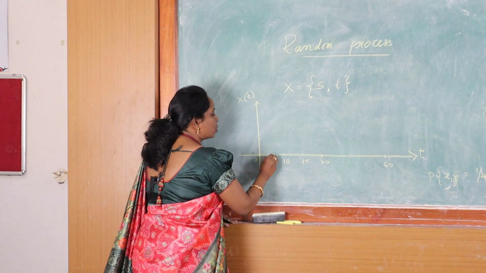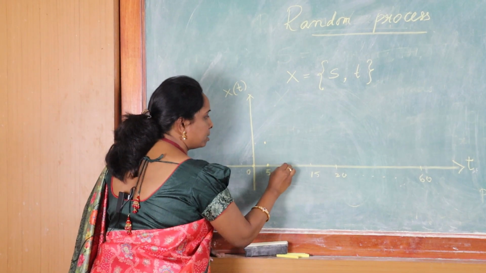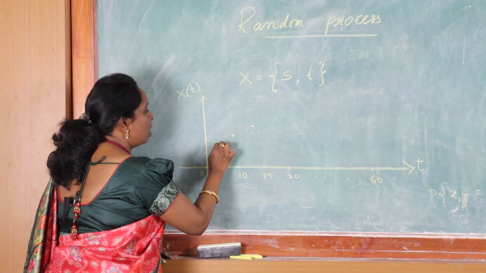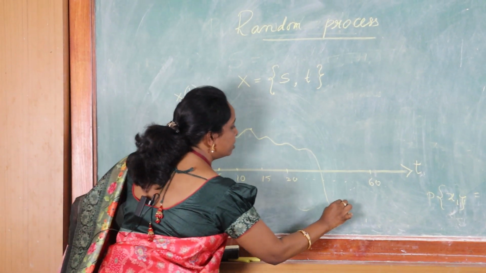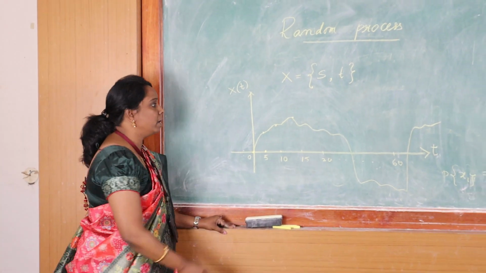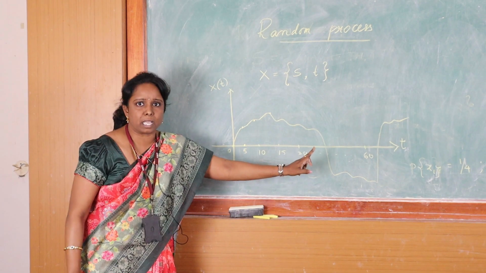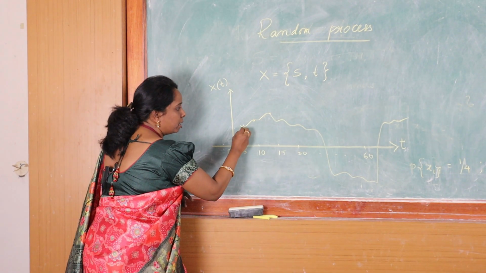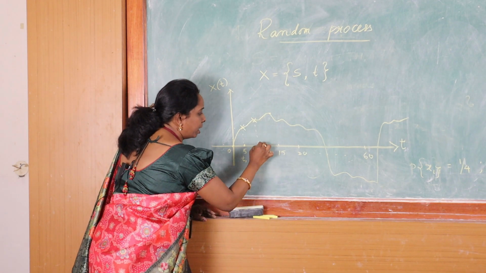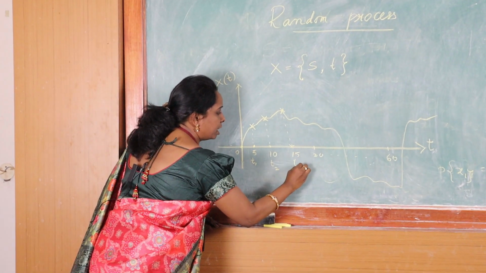So after every time interval, at 5 minutes for example, there will be one temperature reading. After 10 minutes, there will be another temperature reading. After 15 minutes, there may be another temperature reading. Let me mark all these, and there will be a random signal like this. So how is it a function of sample space and how is it a function of time? When you look at this example, the temperature here is different. Let me take this as time t1. The temperature reading here is different, for example at time t2. This is another temperature reading at time t3, and so on.